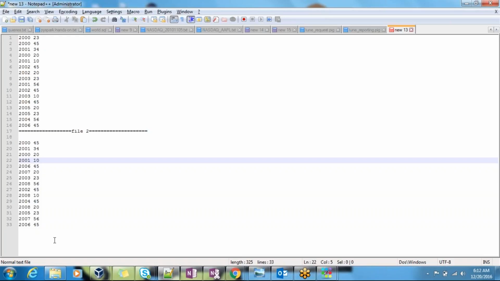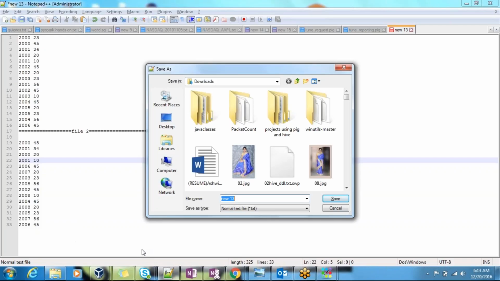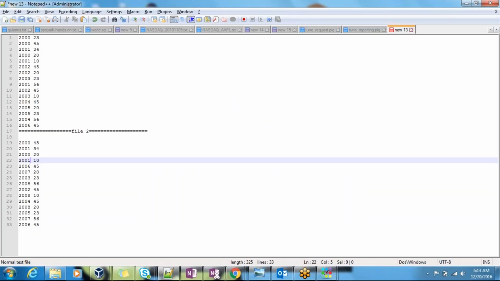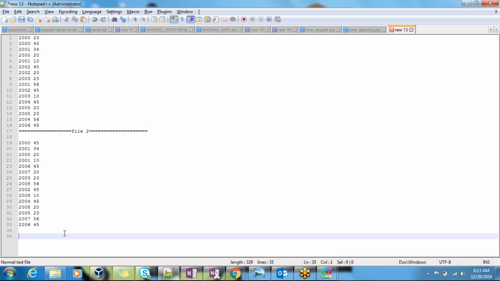Okay, now I have an input like this. Now I want to find out, in a year, what the maximum temperature is, year-wise. So how do we find that? We need to go through the whole data, and we need to emit the key as the year. Yes or no, guys? Let's now decide the problem statement. These are the two files. I want to process both files and find the maximum temperature in a given year. So what will you do?